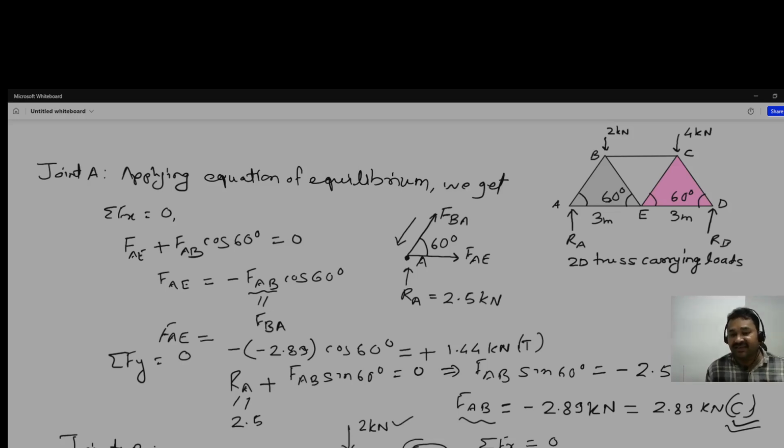Whether it is tensile or compression, what we get at the last will tell, like FAB here, we are getting with minus sign, minus 2.89, means it is compressive, whatever we had taken as tensile, that needs to be